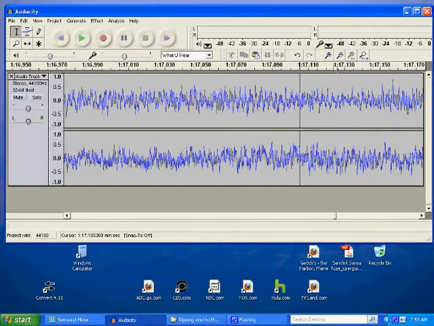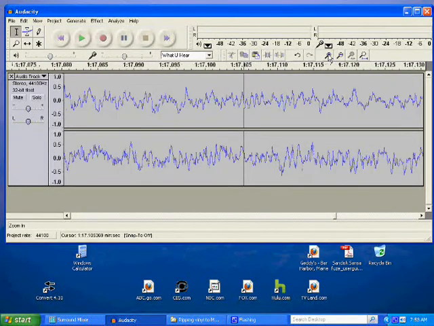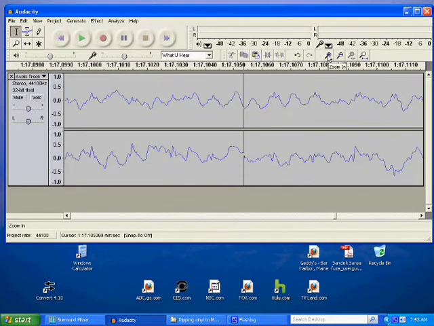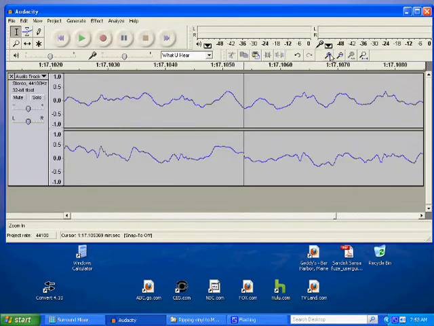I'll continue zooming in on the region to make sure I haven't created a click or pop. It's important that these lines meet smoothly. It's not meeting smoothly here, so we'll fix that by continuing zooming in until we get the dots. We'll take our draw tool and just mend that little disruption. This should flow smoothly. We'll zoom back out